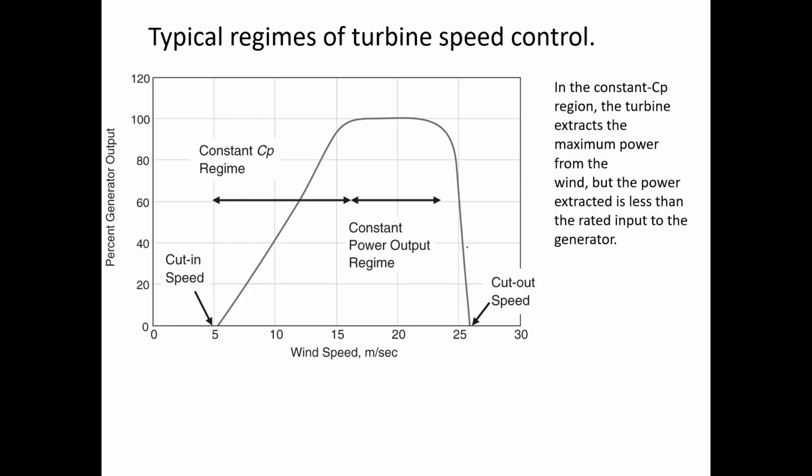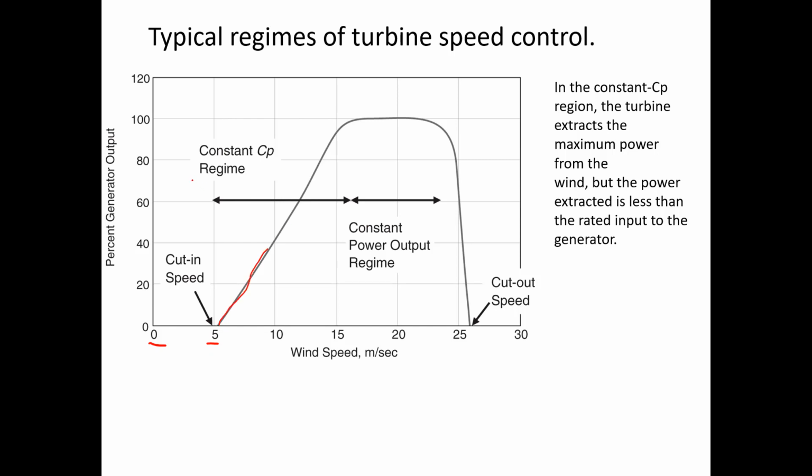And that brings us to this graph, which I wanted to take some time to explain. This is what I would call a control strategy for a wind turbine. Here on the y-axis, we have percent generator output, and on the x-axis, we have wind speed. I'm going to take some time to explain how this performance curve works under the basic control strategy. Between, let's say, 0 and 5 meters per second, the wind turbine is not spinning, right? You haven't hit the minimum velocity in order for the wind turbine to start turning. Then, a little after 5 meters per second, we start